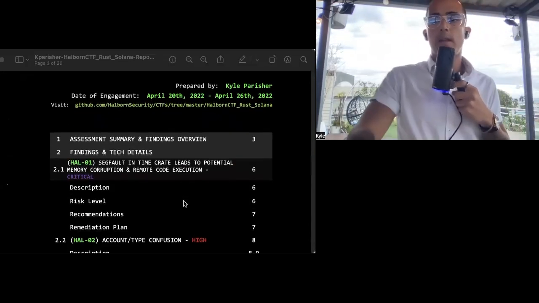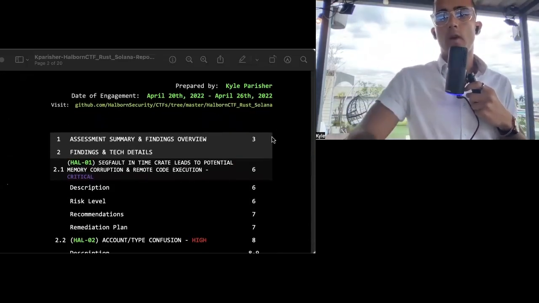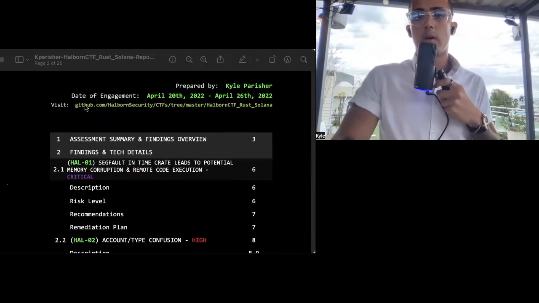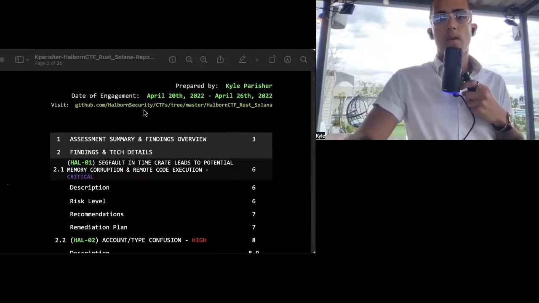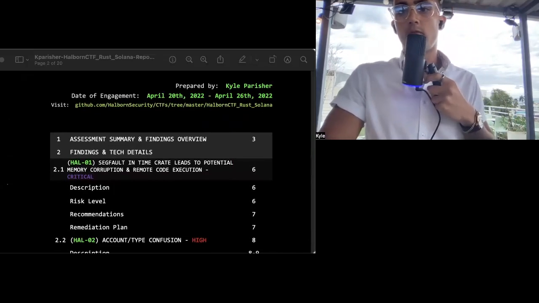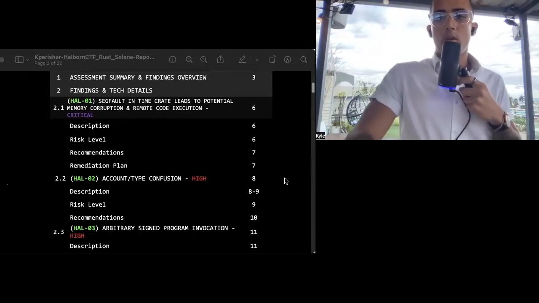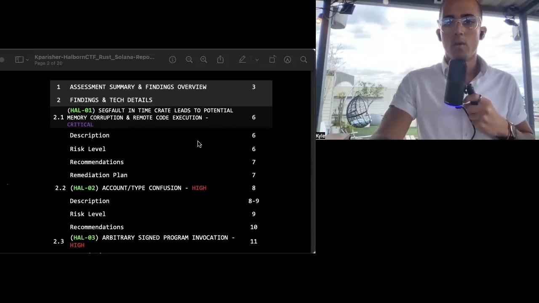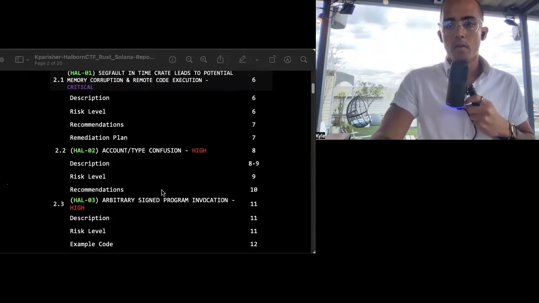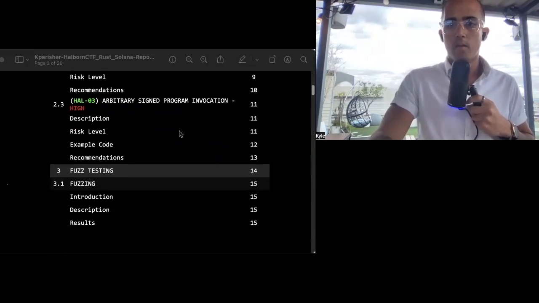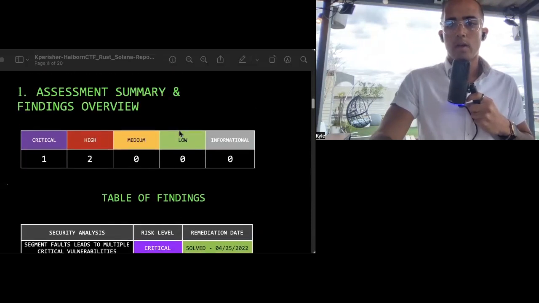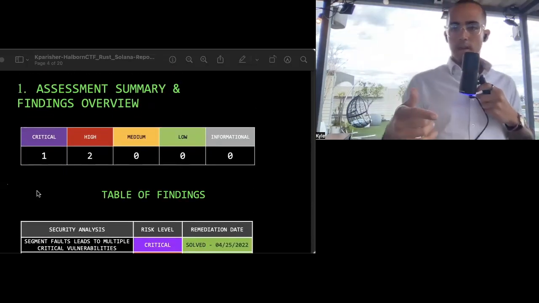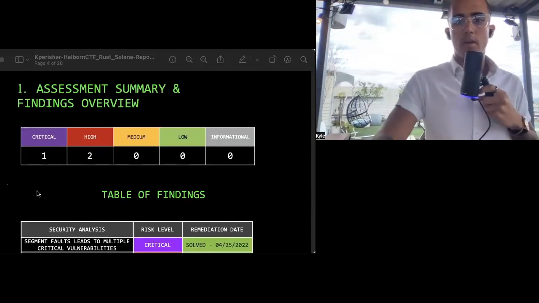Date of engagement, April 20th to April 26th. Here I provided the repo to the direct challenge itself. Here you can find a summary overview, an index of where things are at. So if we go down here, all right, under the assessment summary and findings